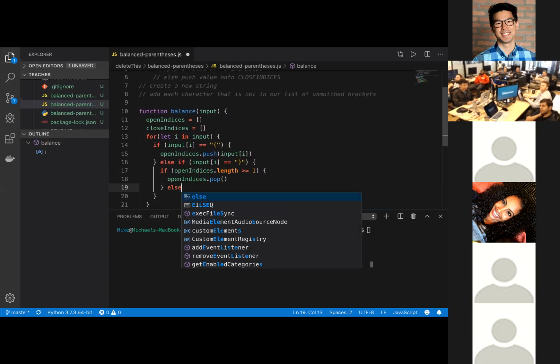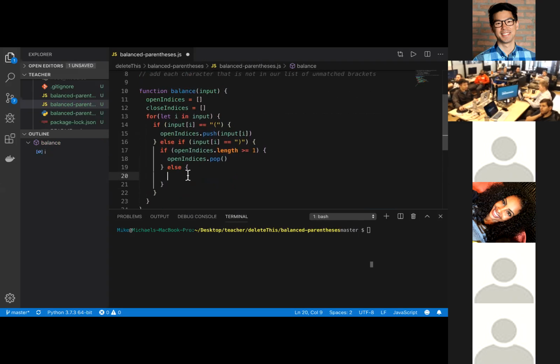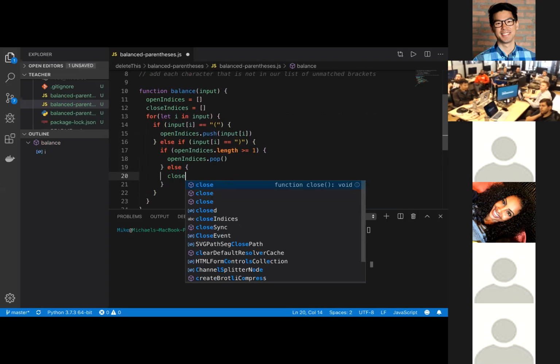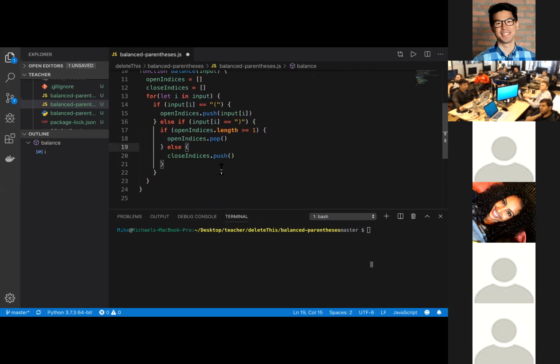Else, if the length is 0, then we want to delete that particular bracket because it has no matching open. So now we have open and closed indices. And outside of this loop,